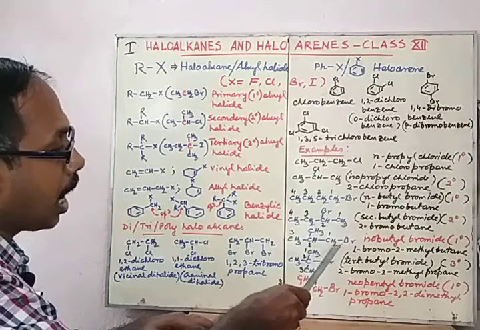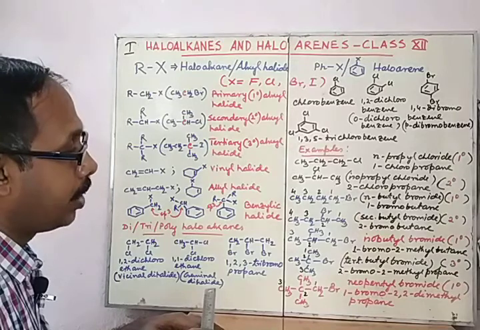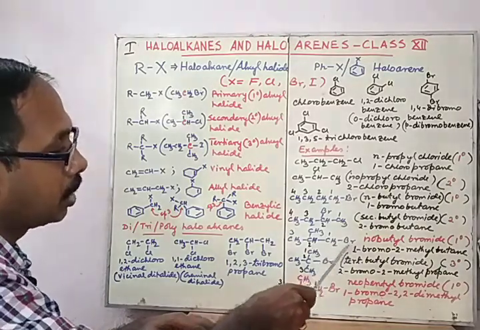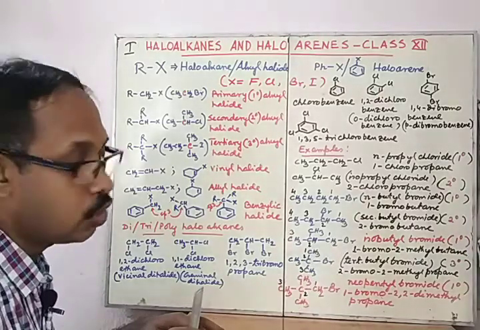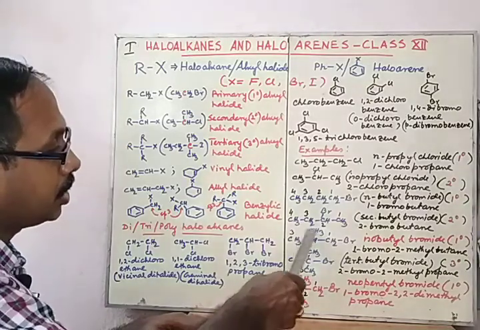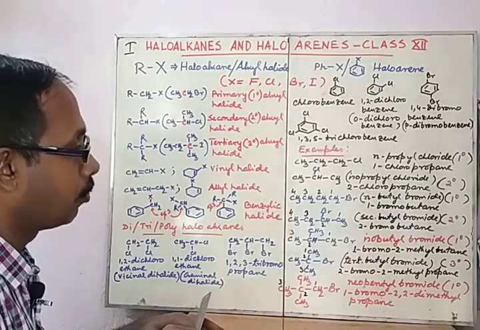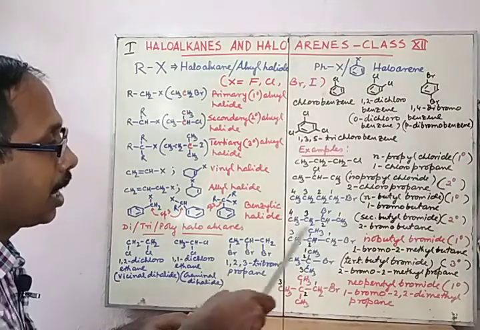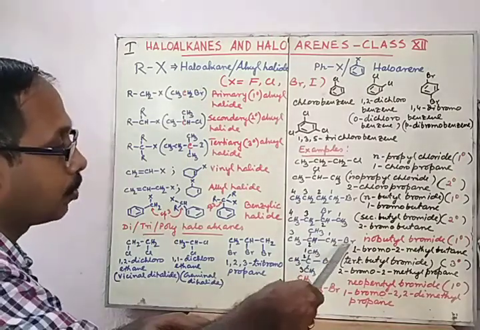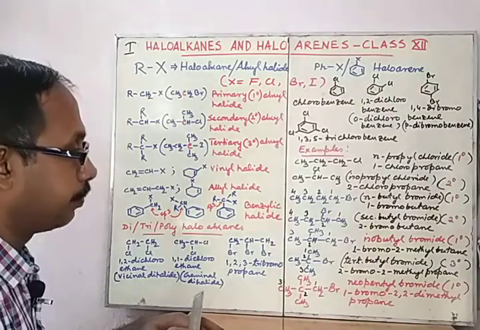Now this is isobutyl bromide. Students usually make mistakes in identifying this compound, whether it is 1 degree, 2 degree or 3 degree. So you can follow that the halogen is attached to the CH2 carbon. So it is a 1 degree alkyl halide. This is the common name isobutyl bromide due to its symmetrical form. And in IUPAC it can be stated as 1-bromo. Alphabetically, bromo comes first. So 1-bromo-2-methylpropane is the IUPAC name.